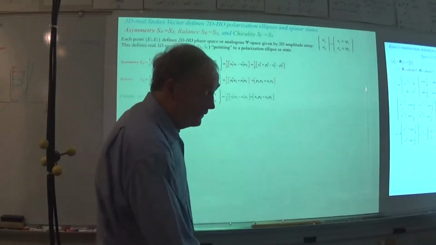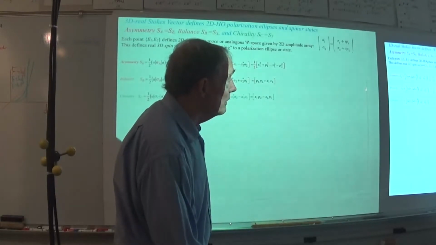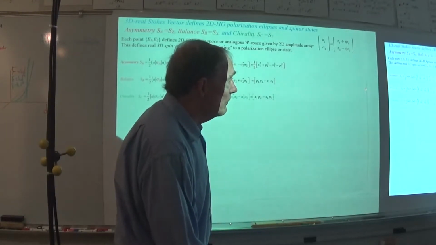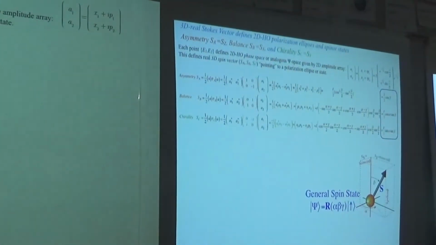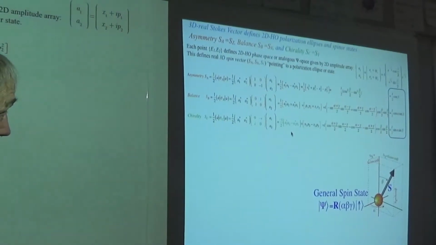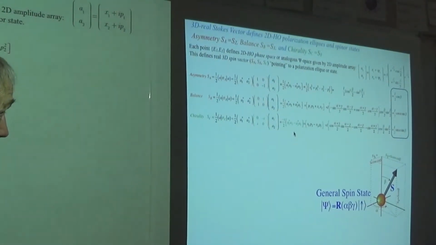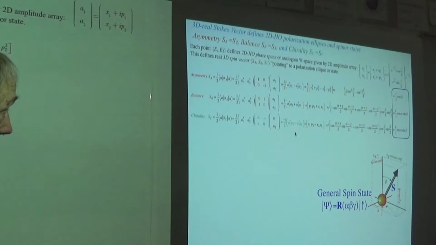I want to get this algebra out of the way before we go here to the thing. This general spin state has three real coordinates, and that is found by just doing the expectation values of these things that we're talking about here. So there's the rotation going on, but here are the actual components of that. They're polar coordinates, and when we use this for optical polarization, that is two-dimensional oscillators, which started this whole discussion,